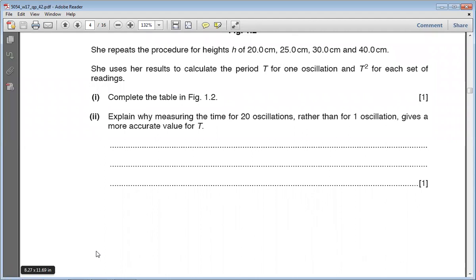Whenever we find the time period, we measure the time for several oscillations of a pendulum. We never directly measure the time period for one oscillation. The reason is that you have to start the stopwatch and stop the stopwatch, and humans have some reaction time. Because the time for one oscillation is very small, the reaction time will have a large effect on